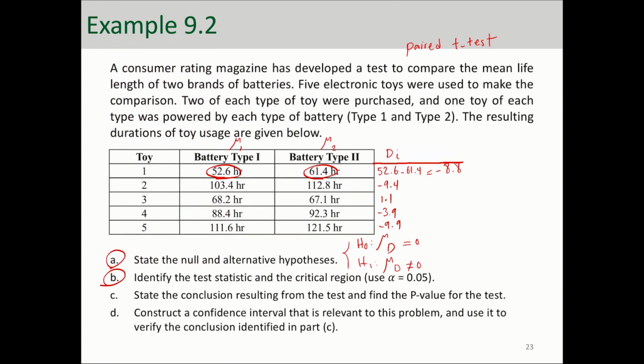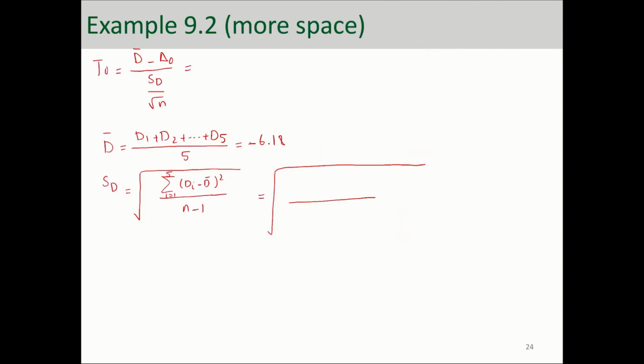So the first data point is negative 8.8. So negative 8.8 minus d bar, which is here, so minus negative 6.18 makes it plus 6.18. And I'll do that for the other 5 data points. When you do this calculation for all of them, the standard deviation of differences would be